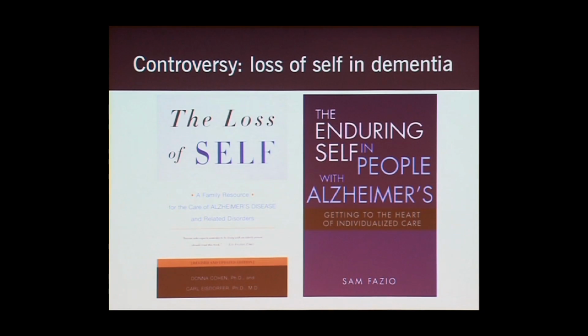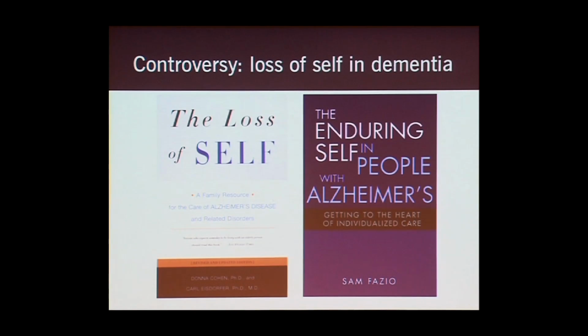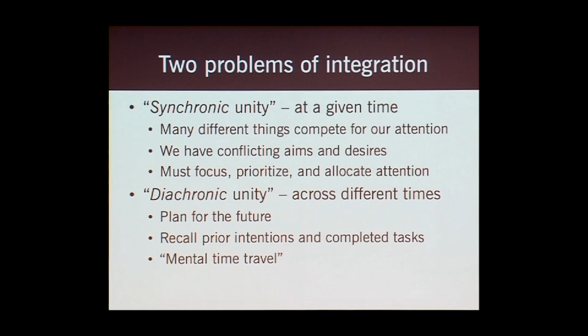And what I'm going to suggest in part is that some of this controversy reflects actually different neurobiological and neuroscientific aspects that are related to the self that might be preserved or might be lost in these different diseases. So hoping to broker a compromise of sorts in this. So I'm going to unfortunately introduce a little bit of philosophical jargon, but I hope it'll be helpful. Thinking about us as people, as agents that have to move around and be effective in the world and make sense of the world,